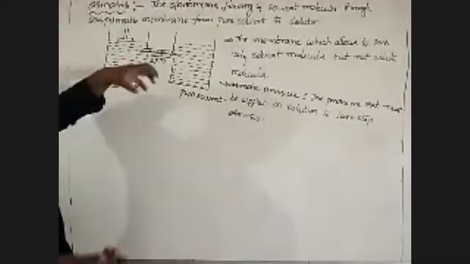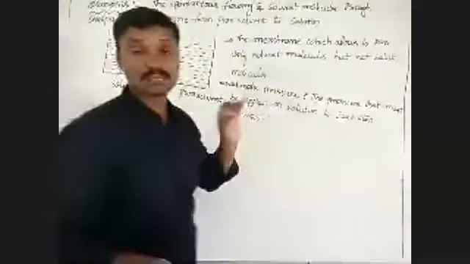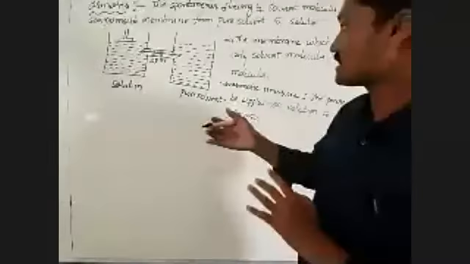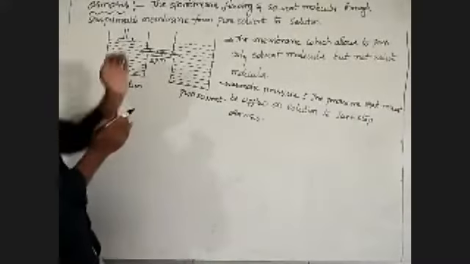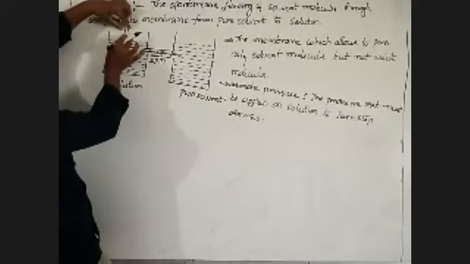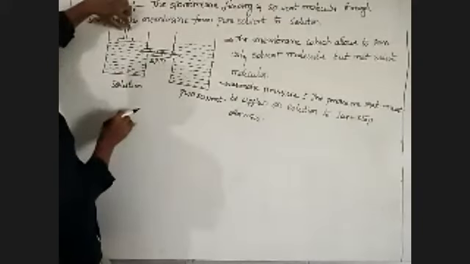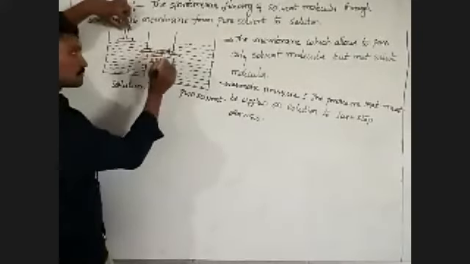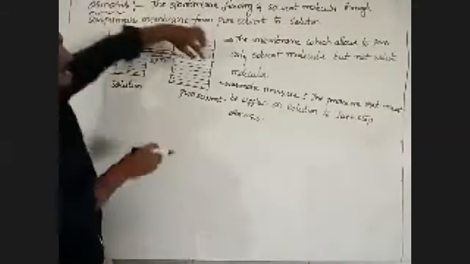So, to stop the osmosis process, the pressure we apply on the solution is called osmotic pressure. In general, on which side do we apply osmotic pressure? The solution side. This is the flowing of solvent molecules from pure solvent to the solution side. The pressure must be applied on the solution side to stop the osmosis. When we apply pressure on this side, the flowing of solvent molecules from this side to this side will stop. The pressure we apply to stop it is called osmotic pressure.